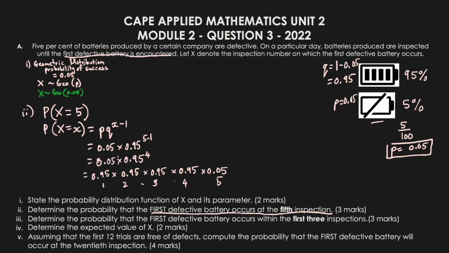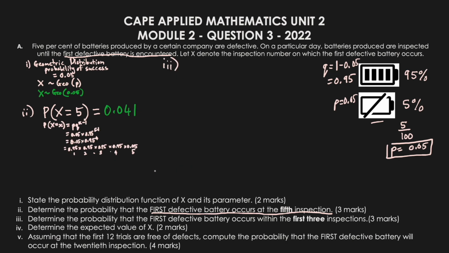So then now when we work this out into the calculator, we'll get our final answer for the probability of x is equal to 5. So when we put this in the calculator, we'll end up with 0.041. The next question, it asks us to determine the probability that the first defective battery occurs within the